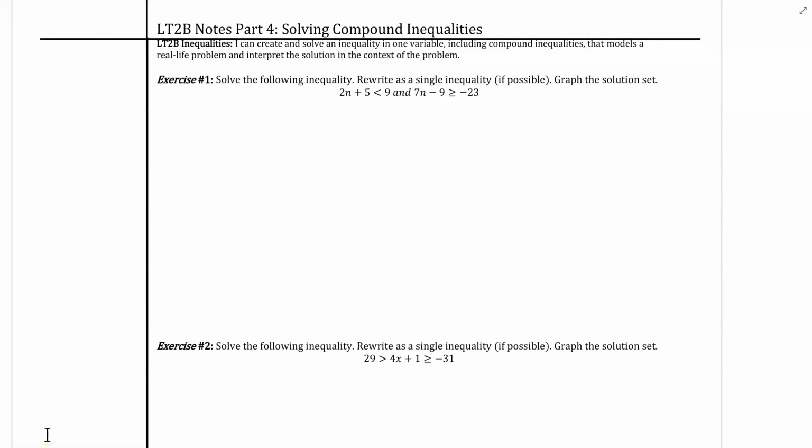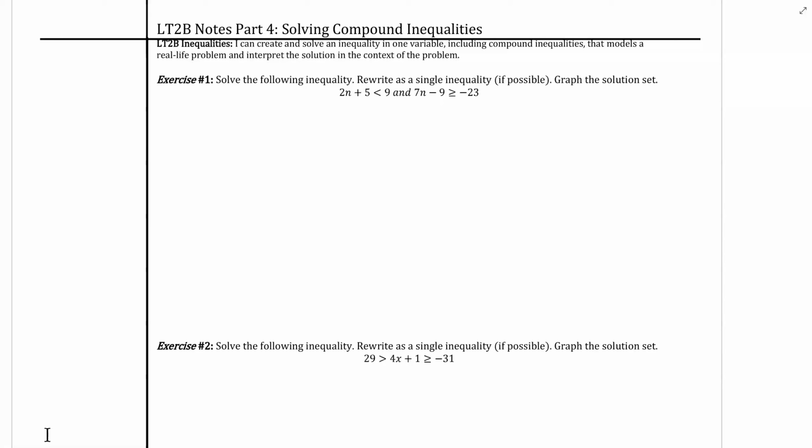Solving compound inequalities. In this video, we'll be going over how to solve compound inequalities. For each problem, solve the inequality. If applicable, rewrite it as a single inequality and graph the solution set. So when it comes down to solving compound inequalities, a lot of the time we are going to pretend like